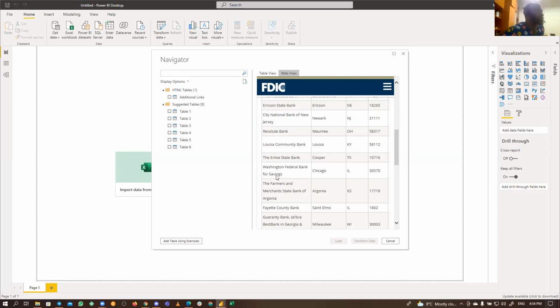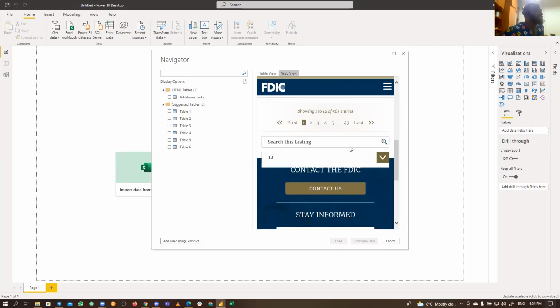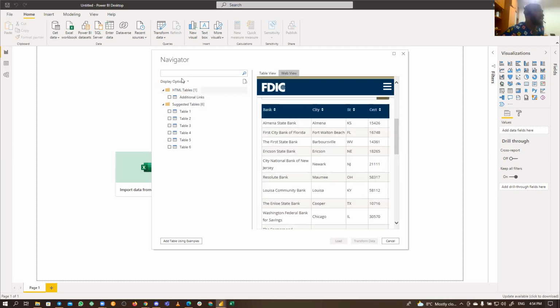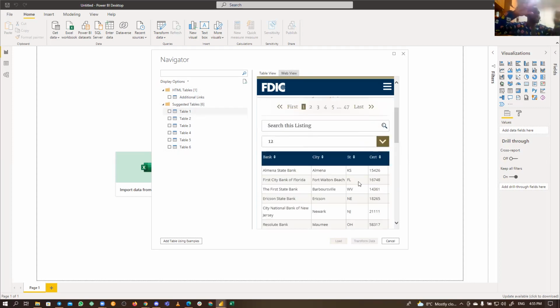So I just want to explain. What it is literally doing here is we are sending it to a web page to extract this data, and you can see on our display options it has highlighted the tables that it found. If it's this table that we actually need, Table 1, we can load that. So it's able to sense a table from a web page. This is not a CSV file or an Excel file, it's just a web page. It's able to extract data from a web page. So that's literally what I wanted to show you.